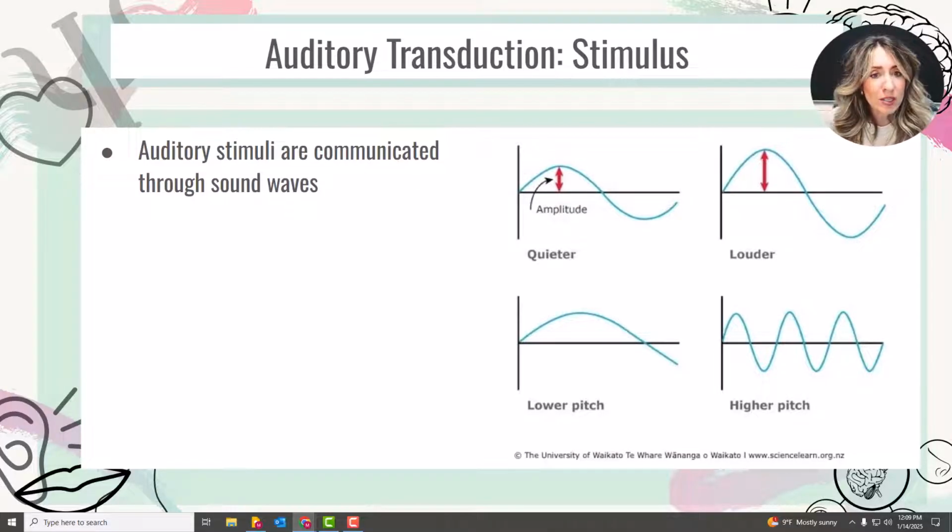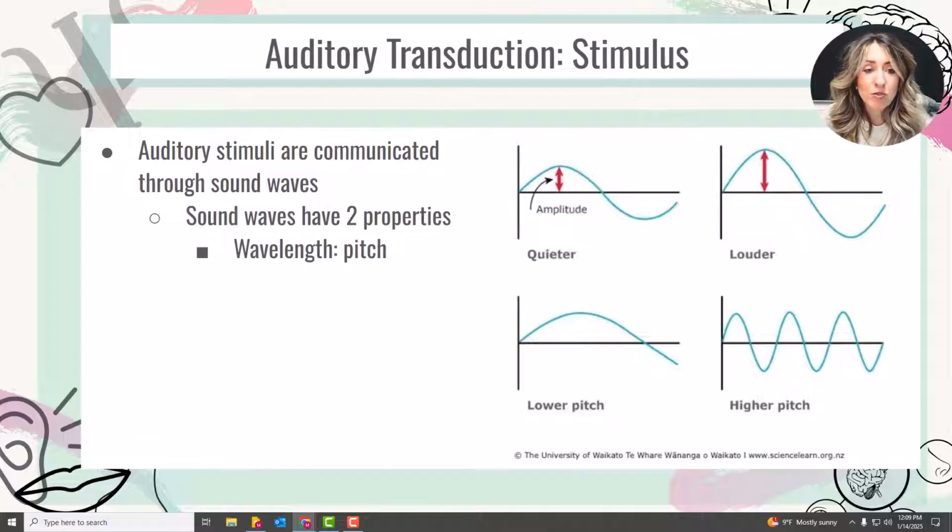So auditory stimuli are communicated through sound waves. Sound waves are very similar to light waves. They have two properties: wavelength, which determines the pitch. This is usually referred to as the frequency, measured in hertz. So if you think of something really, really high pitched and squeaky versus something low pitched and kind of